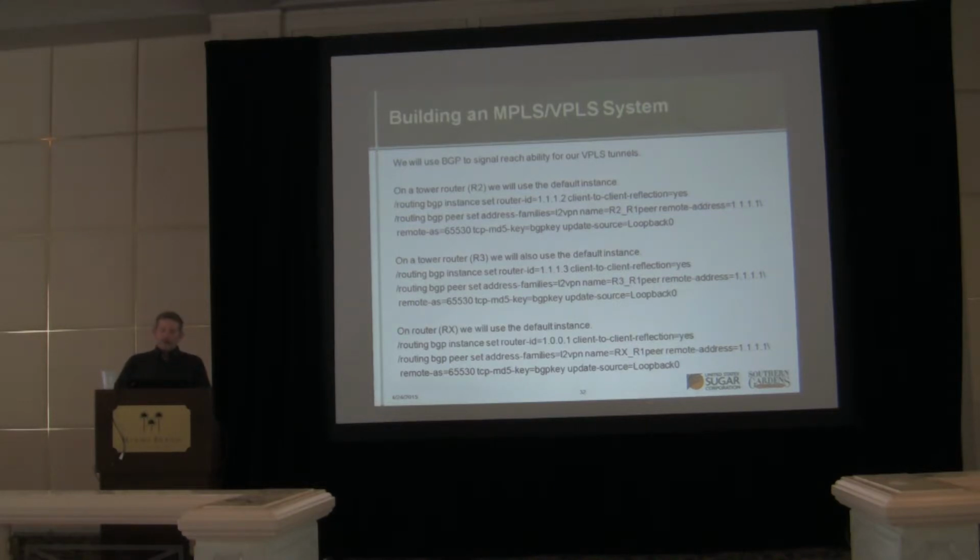I'm going to use BGP to signal reachability for the VPLS tunnels, because I didn't like static tunnel configurations at all, and they didn't seem to scale very well. They don't, and BGP was just way better and a lot easier. And I know this is like a little 3-tower system, but